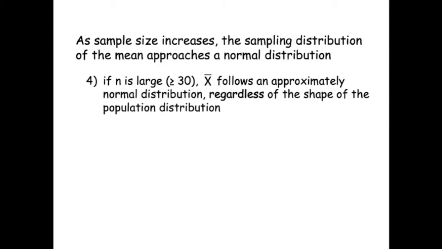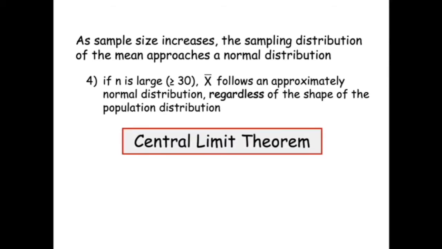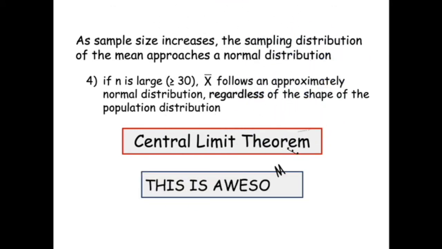The last property has to do with the shape of the distribution. As the sample size increases, the sampling distribution of the mean becomes more and more normal in shape, so that if n is large enough, at least 30, x bar follows an approximately normal distribution, no matter what the shape of the population distribution. This is referred to as the central limit theorem, and it's actually pretty fantastic because it means that we don't even have to know the shape of the population distribution in order to know that the